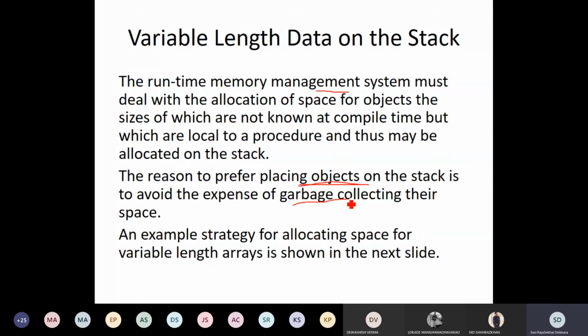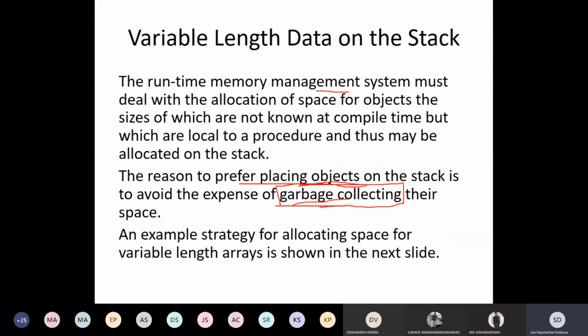That doesn't happen with the heap. When you have a heap, there is a separate garbage collector which is going to run to collect the garbage. When we use a stack for the purpose, the separate garbage collection need not be used. So that is the advantage we have with variable length data on the stack.